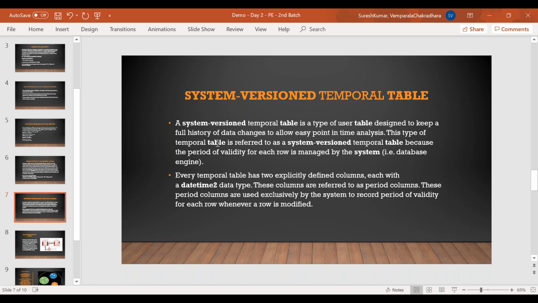This type of temporal table is referred to as a system version temporal table because the period of validity for each row is managed by the system itself only.